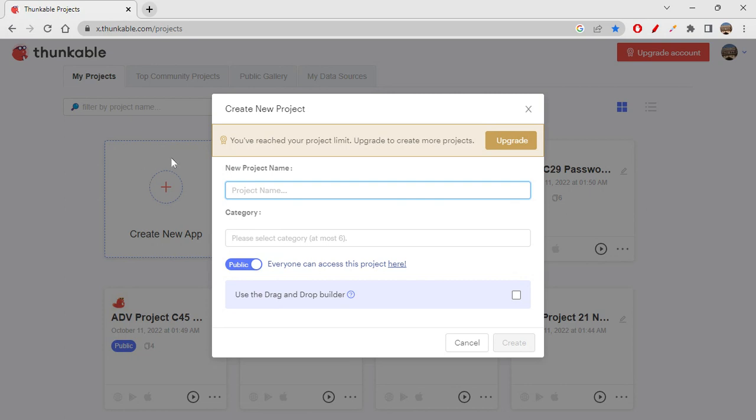When you are creating a new account, you will get Start Building. There will be a small survey with just two questions. You give the answers to those two questions and then it will let you into the Thunkable interface, where you will have Start Building if you're creating your first project. If you have already created your first project, then you will get this Create New App option, right? When you click on it, you just have to fill in this form